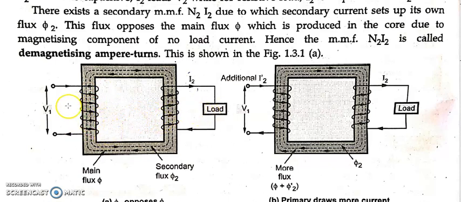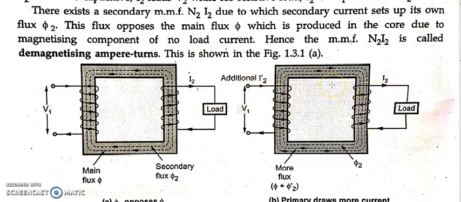So to balance it, what happens? E1 gets reduced as N1 and I1 get reduced. Due to this, there creates a deficiency or imbalance. So additional current I2 dash is drawn from the supply itself so as to fulfill the demand and make it balanced. That current we call I2 dash. The magnitudes of I2 and I2 dash are the same, but they are opposite in nature. As per dot convention, it is going from left to right.